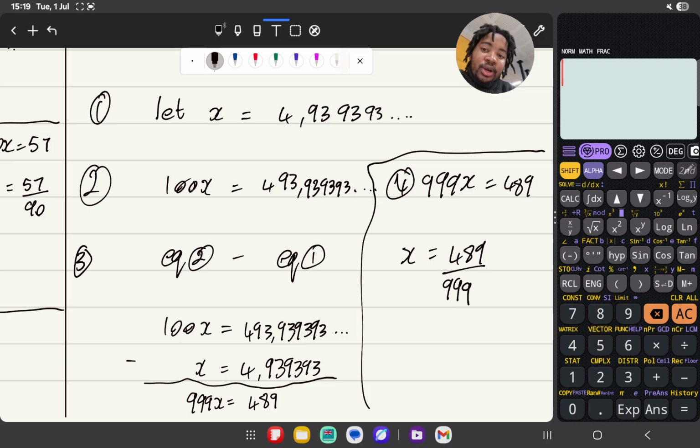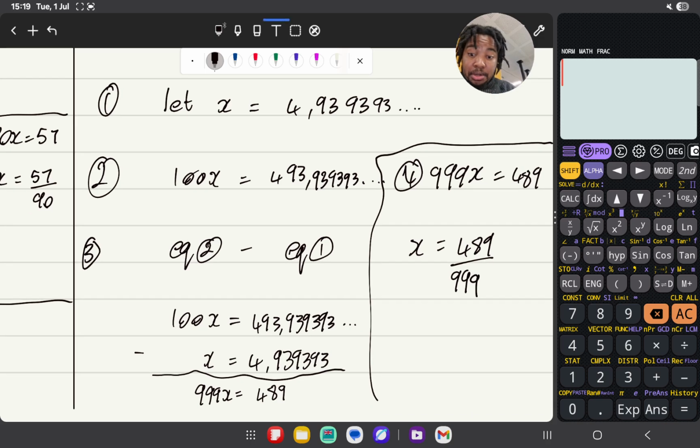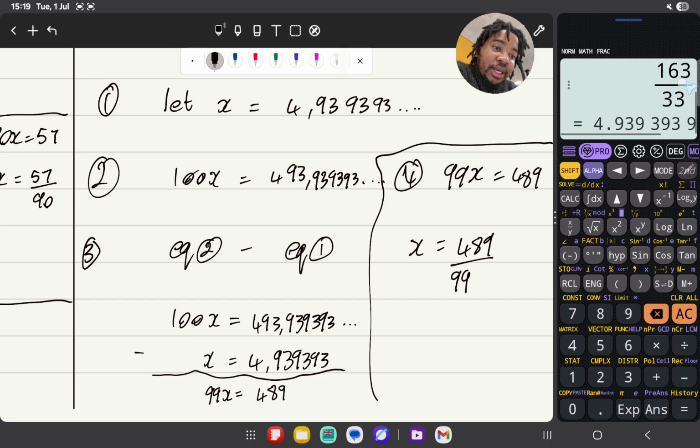99. We go to our calculator, we like, wait, yeah, 100 minus 1 is 99. So we have 99x equal to 489. We go to step number 4, we divide by 99 both sides, we end up with this number. So we put it in our calculator, divide by 99, we're getting exactly